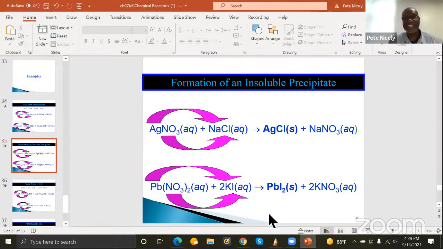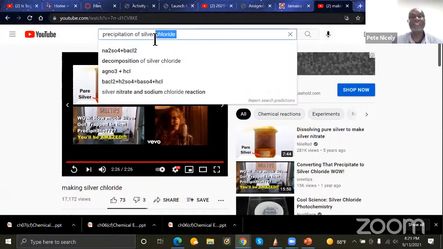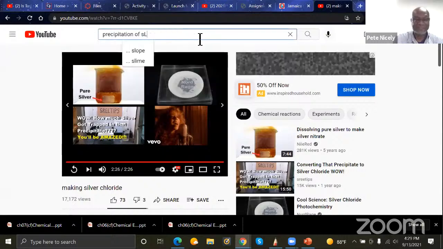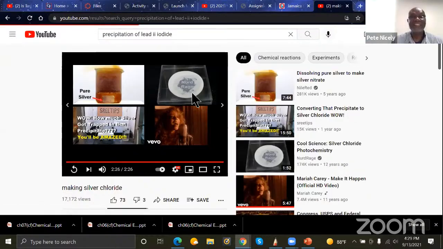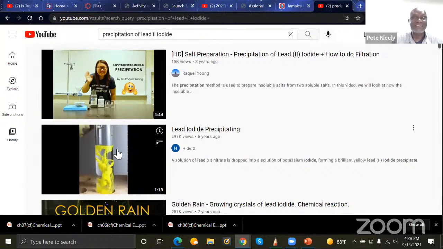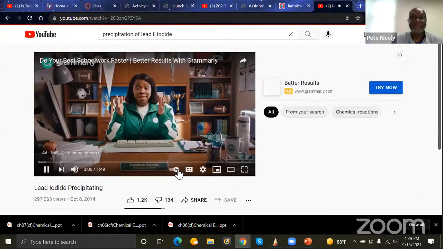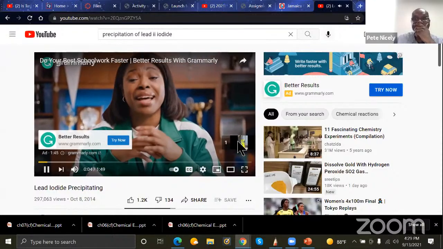In fact, let me see if I can find a video of that. So, precipitation of lead-2 iodide. Let's see if I can find it. Okay, here it is. Easier because students have a lot of